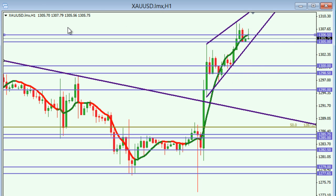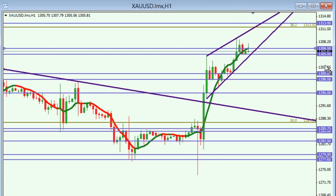So this gives us the opportunity to see where our short trade would be. And you can see that to initiate a good short trade on a breakout, we'd want a good solid breakout below 1305, which would break the trend line. On the upside, we could look for a simple break above 1306.50, but depending on the size of the breakout